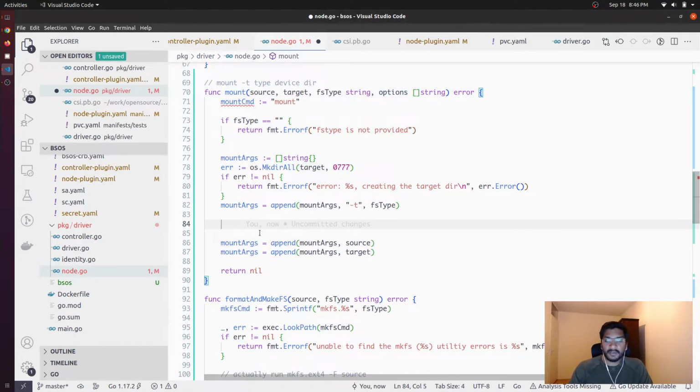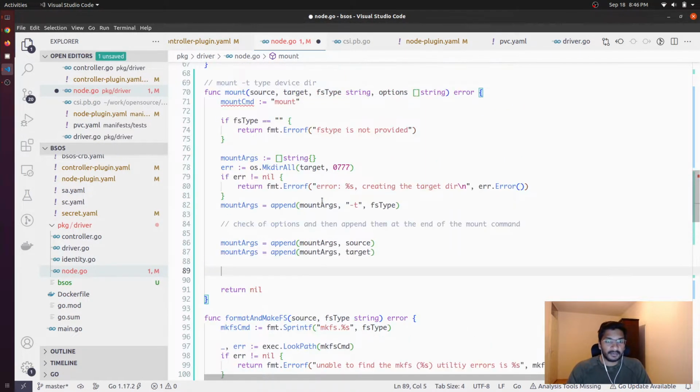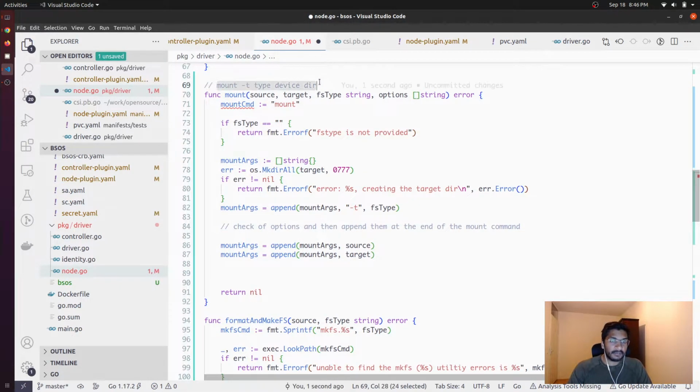Right now we know that we don't have any options, but we would check for options and then append them at the end of the mount command. We are not going to do this, maybe in the next video, but for now I think we are good. We have created the exact same command that we want to execute, and now let's go ahead and try to